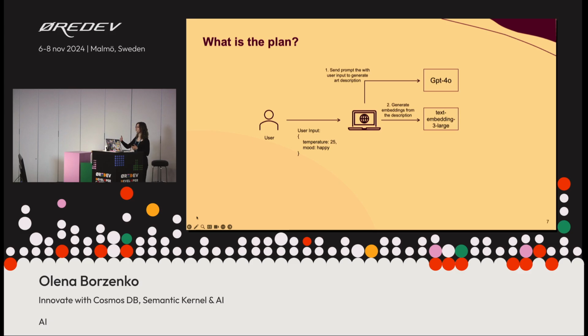and reuse it for some kind of learning. So I can tell my program to learn from the previous art configurations, from the previous records and descriptions that I got. And then I'm saving all this to a data store. So saving user input and embeddings and whatever other information I need in the same container, in the same document. I want to keep my data close to each other because I don't want to manage multiple data stores.